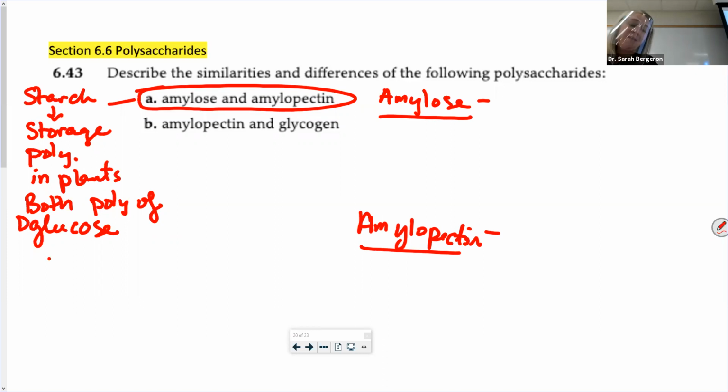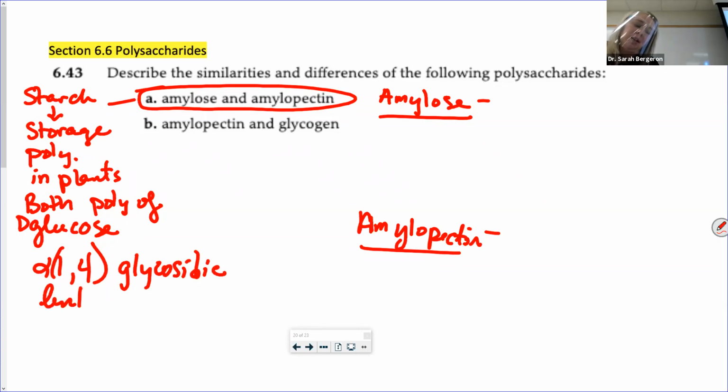They both have alpha 1,4 glycosidic linkages. Lots of things that they're similar with, right? Okay, so, well, you're talking about the difference between the glycogen and the amylopectin, but you're on the right track